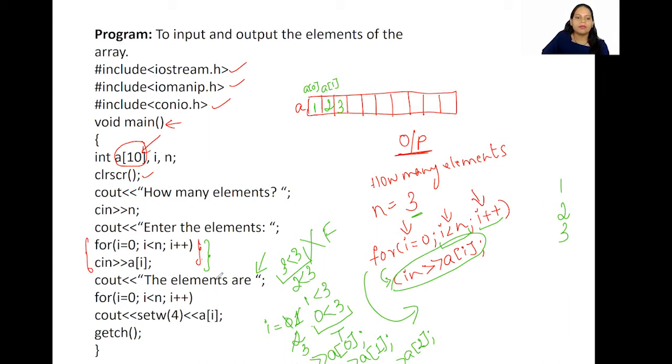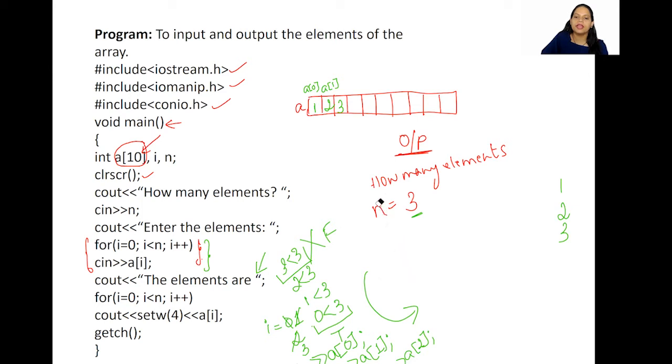Now, what is going to happen here? Here it is saying cout the elements are. So output is going to be, so we entered how many elements? Let me erase this. So this is our output screen. In the output screen, first we will get enter how many elements. Then I said 3. So 3 is going to go and get stored in n. Okay.